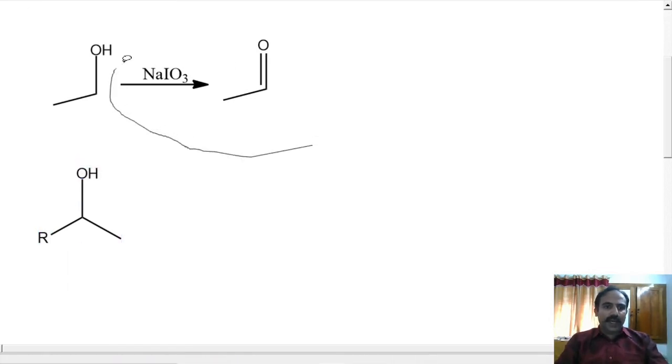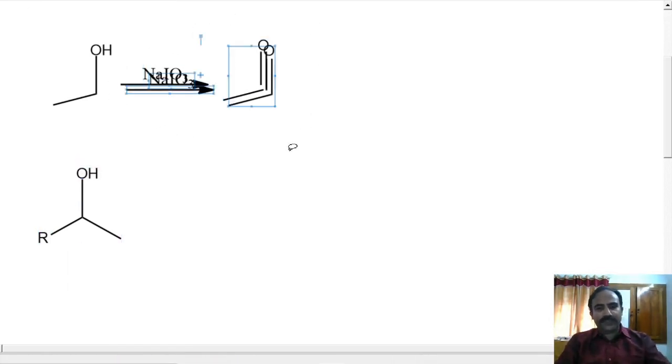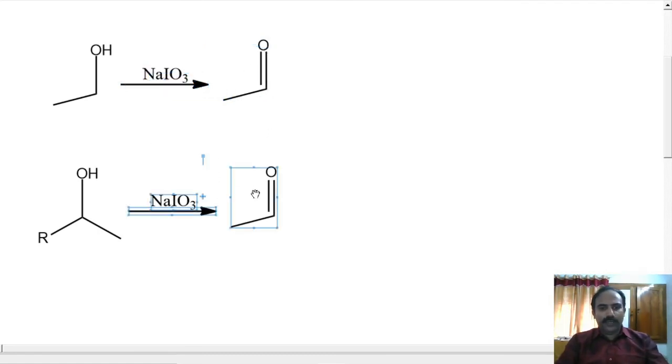Same is the case with other secondary alcohols with the alpha CH3 group. They will also get oxidized into the corresponding ketone in presence of I2 and NaOH because of the formation of sodium iodate. Now this could give the iodoform reaction. So secondary alcohols or ethanol will also give you the iodoform reaction, because iodine and NaOH will combine to form sodium iodate, which will oxidize these alcohols into the corresponding ketone or aldehyde, and these will give you the iodoform reaction.